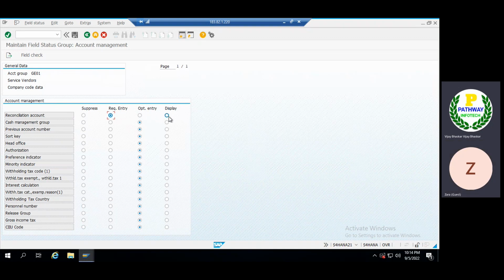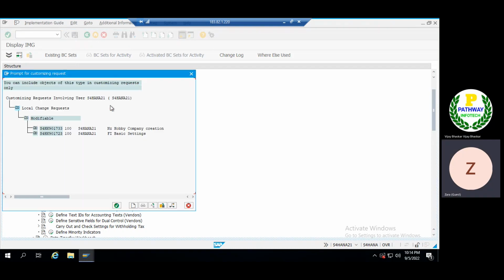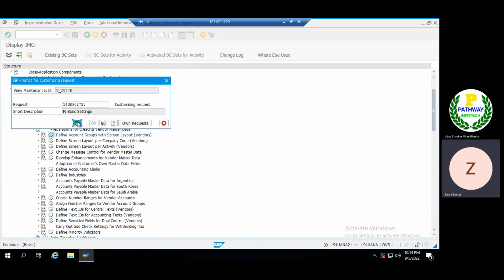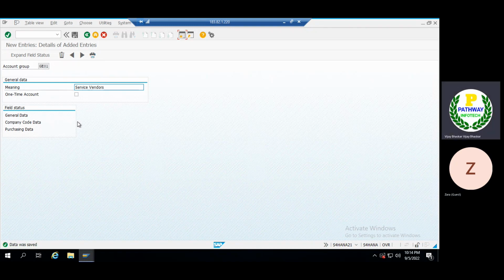That doesn't matter. Display means the system just displays that one, but in this process I want the reconciliation account to be mandatory, then save it. So what you are doing is creating a vendor group, and then under that vendor group, making the reconciliation account mandatory. Yes, okay, exactly. Then next entry,